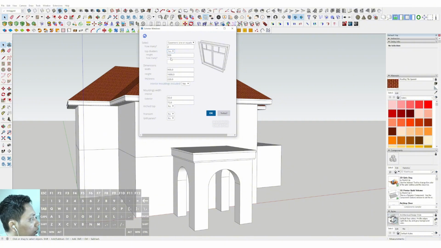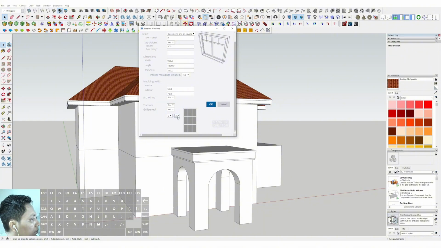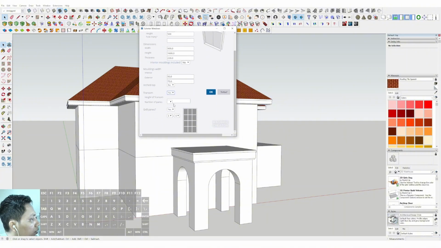Then we can set the top divider, and then we can set the grid panes in here. We can set 3 grid panes, and this is 4 rows and 3 columns. And okay, we can set the threshold